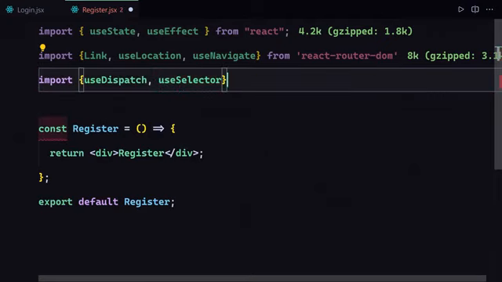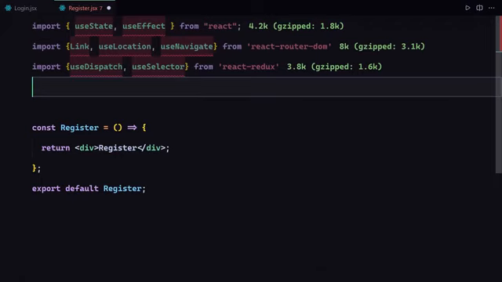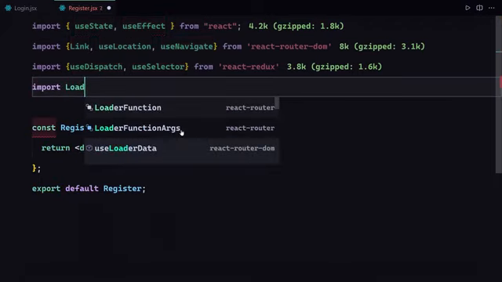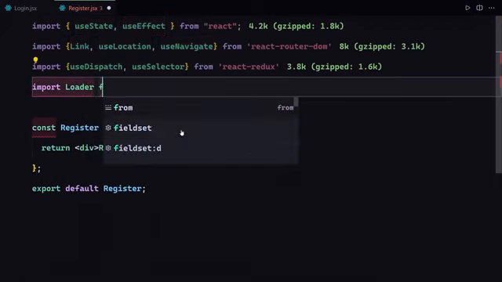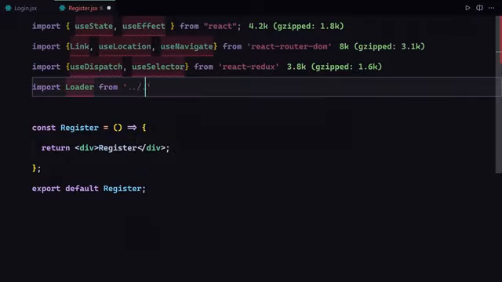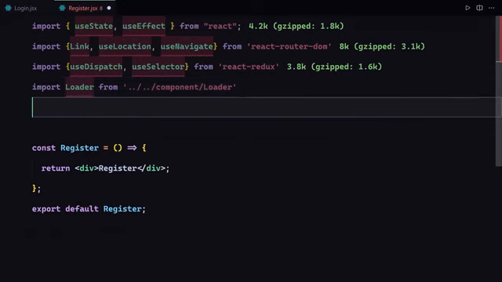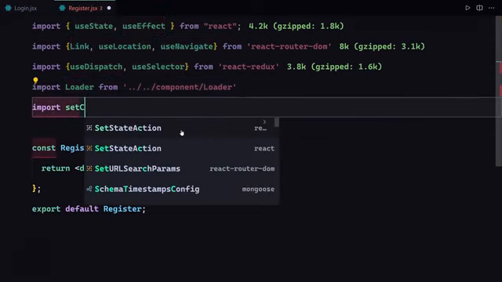Now let me just wrap that inside curly braces, and we are going to be grabbing that from React Redux. Okay, now underneath that we're gonna also need our loader, which we defined but did not create. So we're going to be grabbing our loader from our components folder. So now let me go to my components folder, and we're going to be grabbing our loader from there. And we're going to be also grabbing our setCredentials,